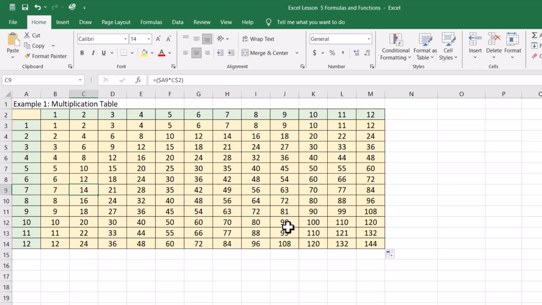Those are correct. So what we have here is our mixed cell referencing, where the formula only changes the row reference and keeps the column reference the same. Change the row referencing right here, the rows, and the columns are the same. If I didn't have that, what would happen? Let's go back up here and